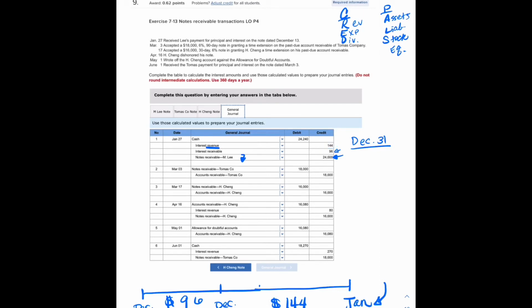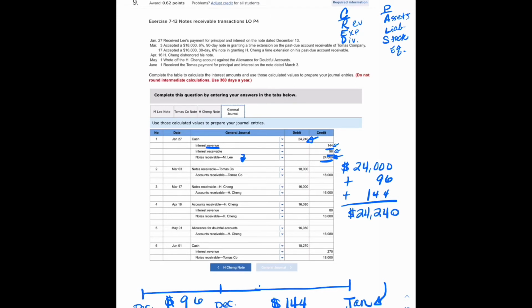Now, if you take your 24,000 plus your 96 plus your 144, what you'll come back to is the total cash that we are receiving of $24,240. So we'll just jot that down real quick just so you can see that one more time. So 24,000 plus 96 plus 144, and that will come out to